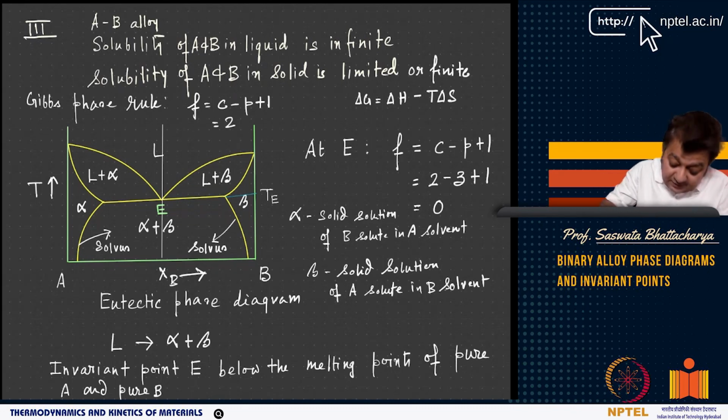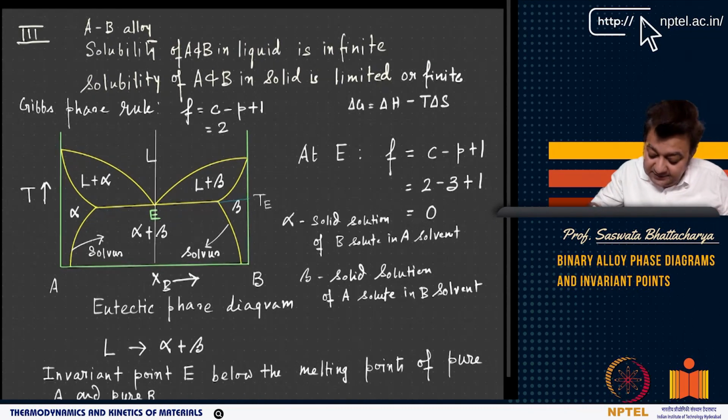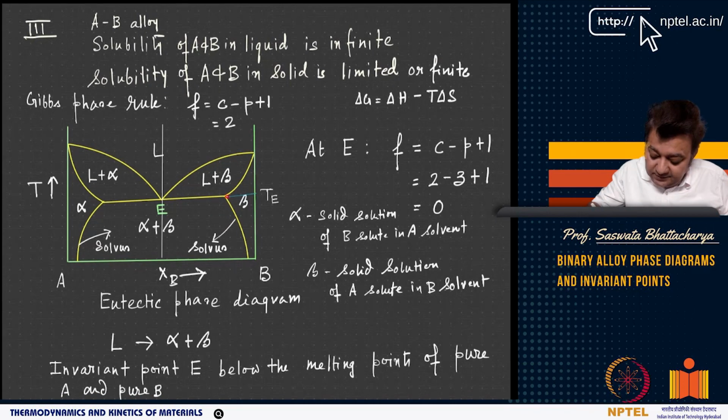So, for example, this solvus curve, as I discussed before, represents the solubility limit of B in the alpha solid solution as a function of temperature. This is called the solubility limit, because this is the maximum solubility of B in alpha, which is an A-rich solid solution. Now, as you can see, even for beta, there is a solubility limit.